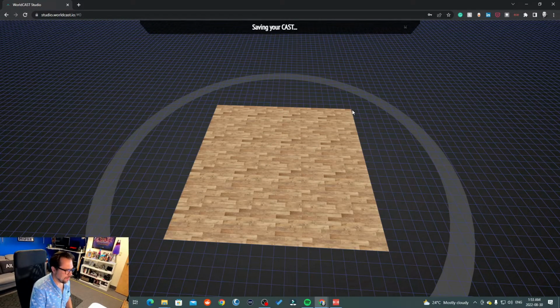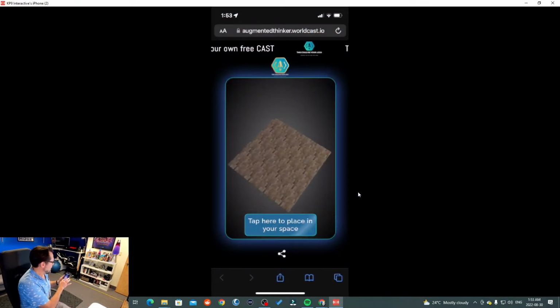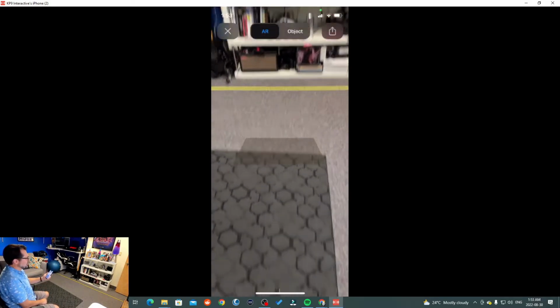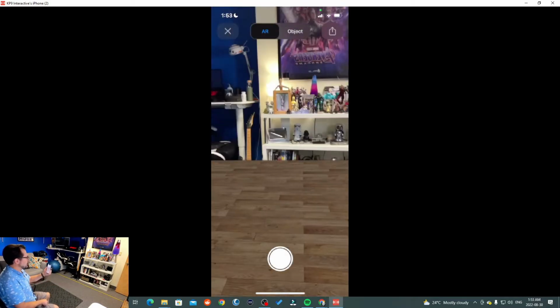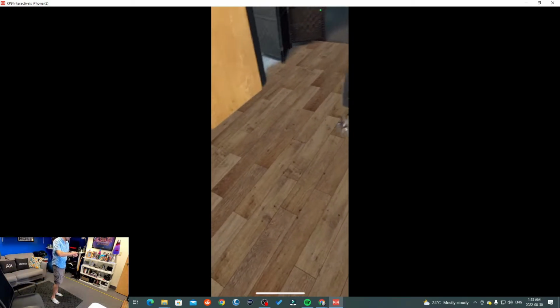I'm going to go save. Let's grab my phone here and share my phone. So now we have that texture I just uploaded. I'm just going to do the same thing. Now this is just a JPEG. So same deal. We can rotate it around